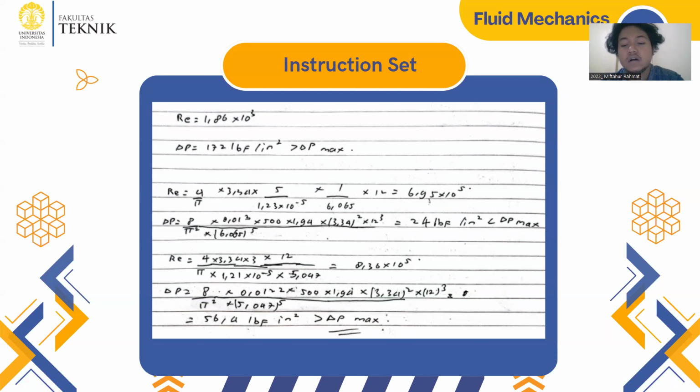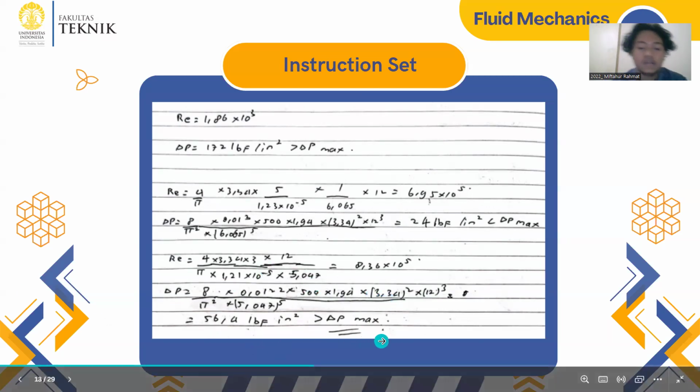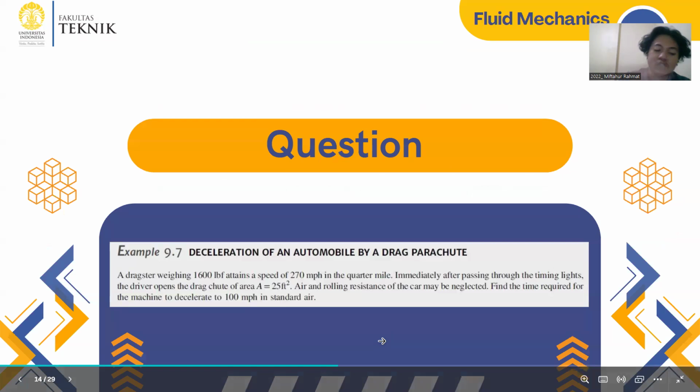But it's lower than the delta P max. And for the Ra, and then we can get the delta P again. Okay, for